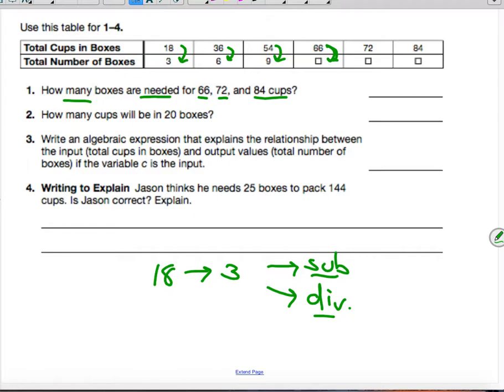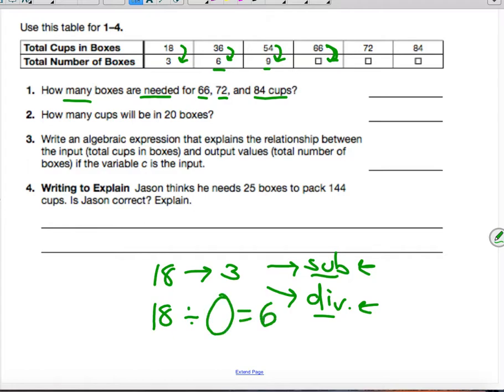You would then have to apply this operation every time in order to get the output number. That's a pretty good hint, especially if you think 18 divided by some number